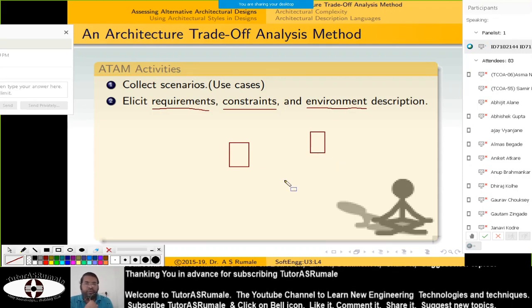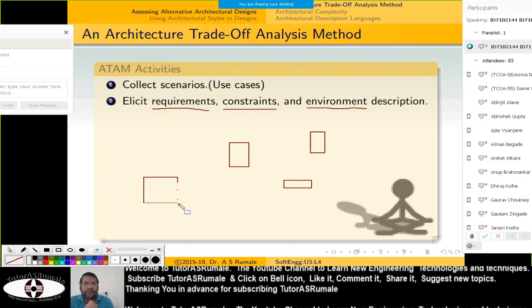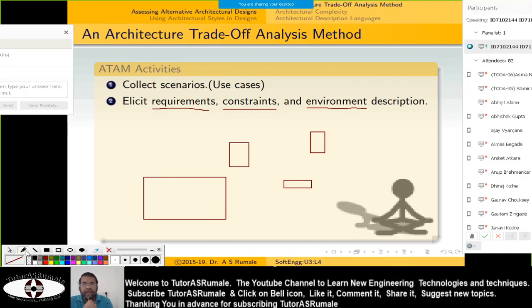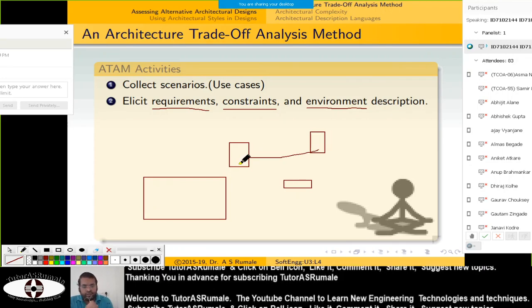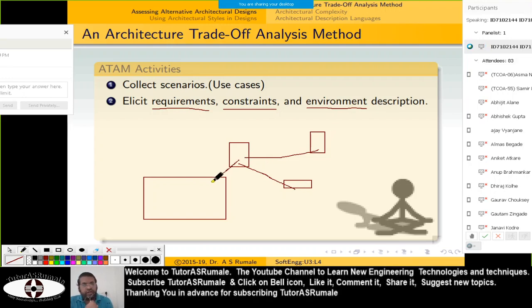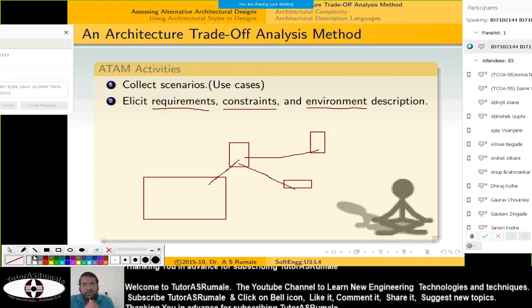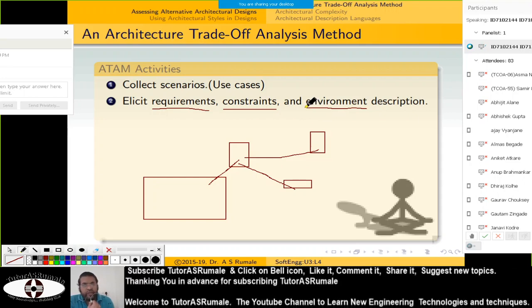Say this is another computer, this is a printer, and this is a network. So your system is interacting with another computer, with some printer device, maybe real or virtual, and with the network, and via the network with many other persons. When we have such things, we call this the environment.